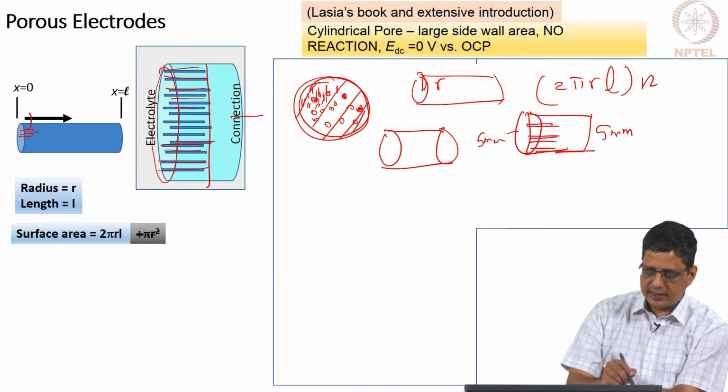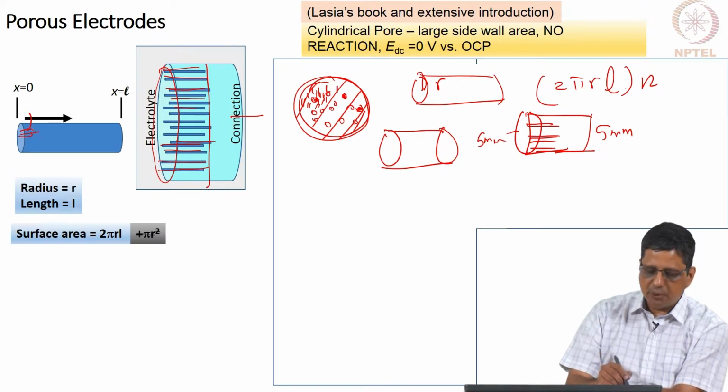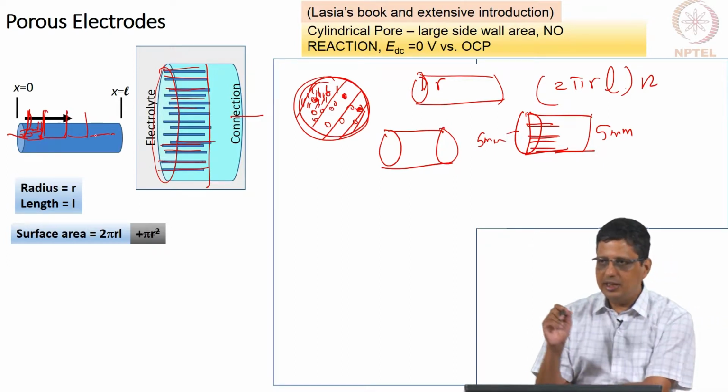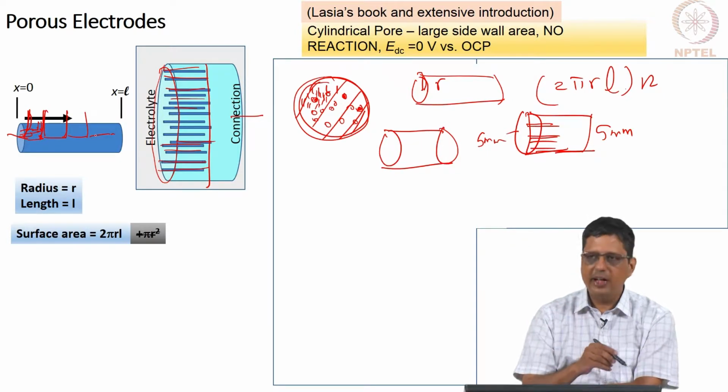There is a solution resistance. Solution resistance is not negligible, we are going to say it is significant. Because of that, the potential here is going to be less. So, some potential comes, some of it is taken out here, it is going to be less potential, some of it is taken out, less potential. So, potential will decrease with respect to distance, and we will find a way to account for that.